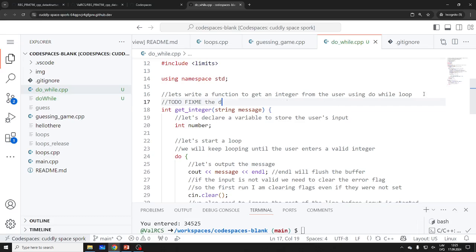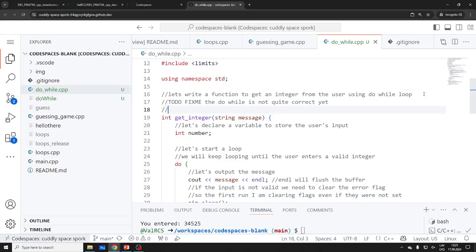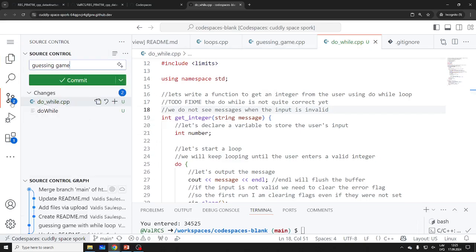The do while is not quite correct yet, right? We do not see messages and it is valid. Right, okay. So yeah, that's something maybe you see. If you can find a good use, I can tell people, oh, do while is great. I don't know, maybe some of you want to use it. So, do while example.